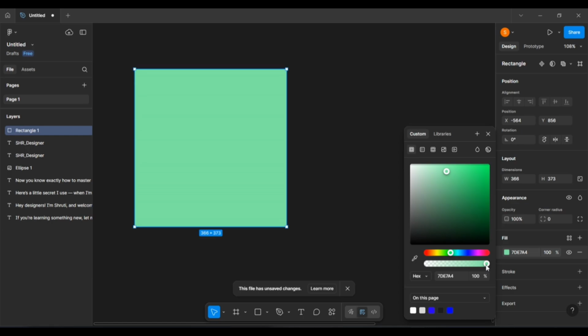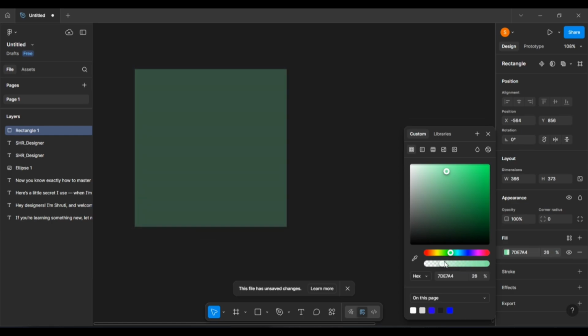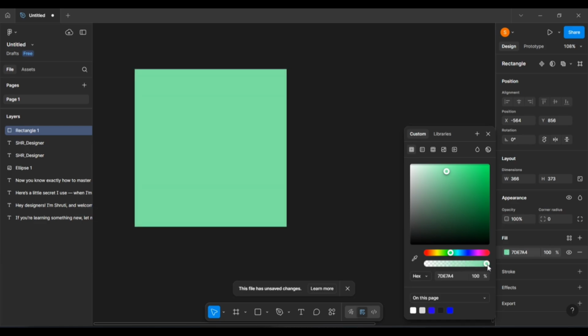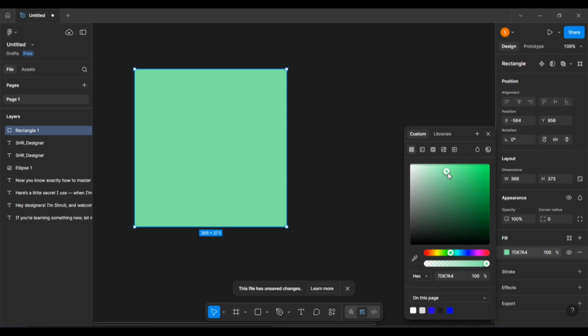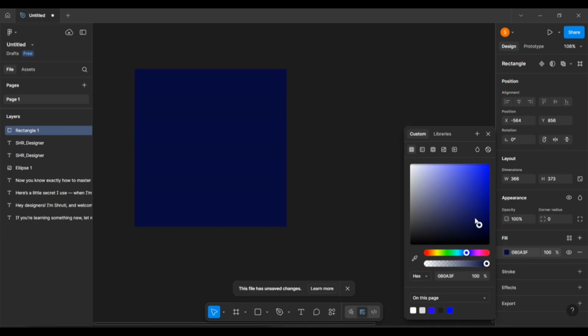Second, this one, look at the cursor here, this one is the opacity cursor. What does opacity mean? When you scroll it, you can see, let me choose the dark green.